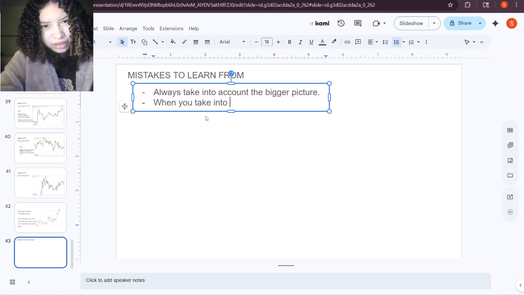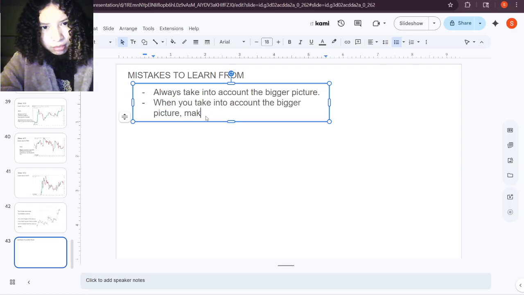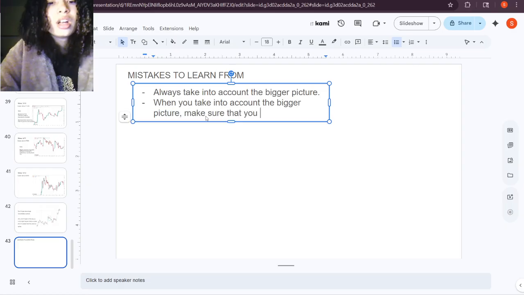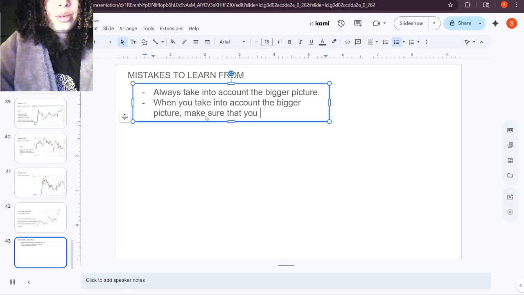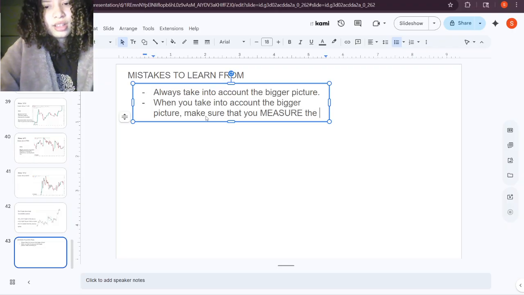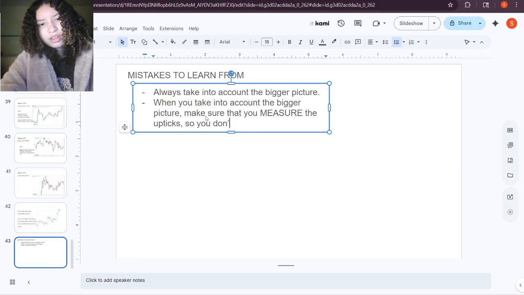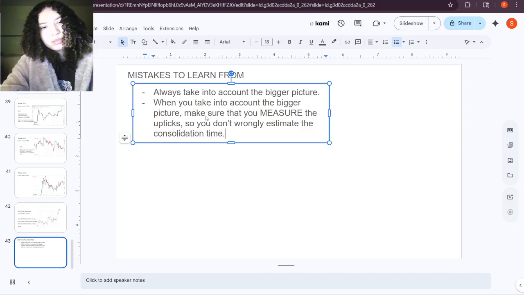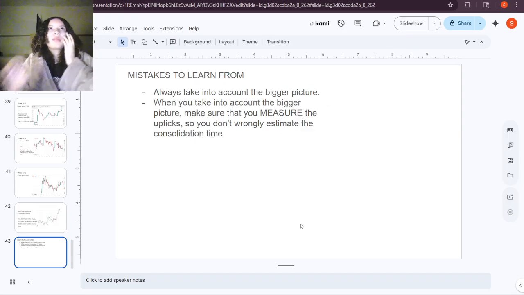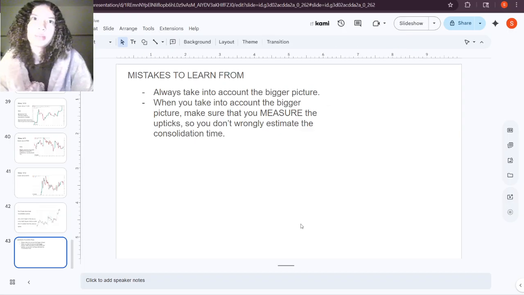When you take into account the bigger picture, make sure that you measure the upticks so you don't wrongly estimate the consolidation time. So I know consolidation time, I don't think it can be cleanly estimated, but I do know